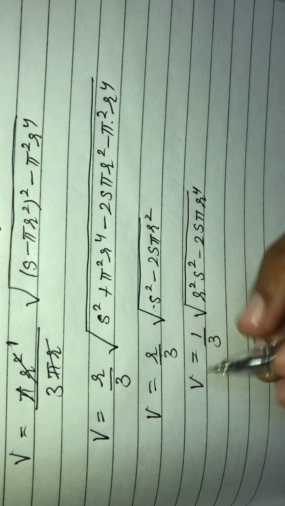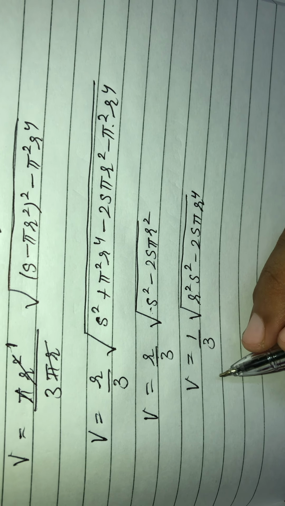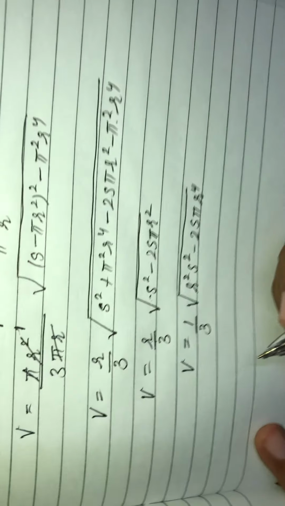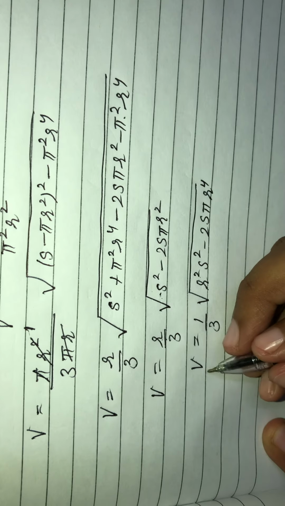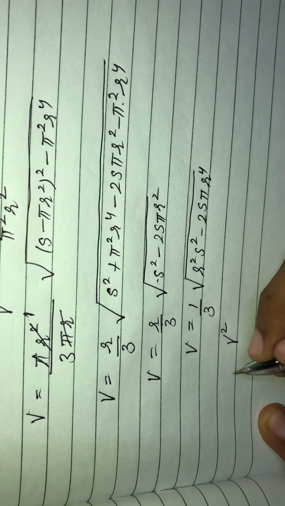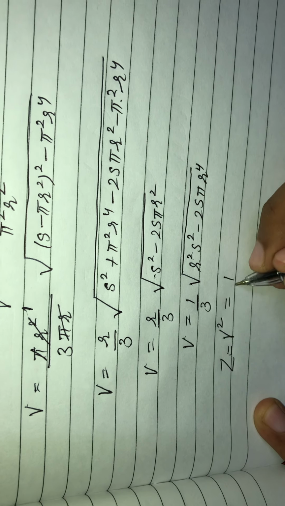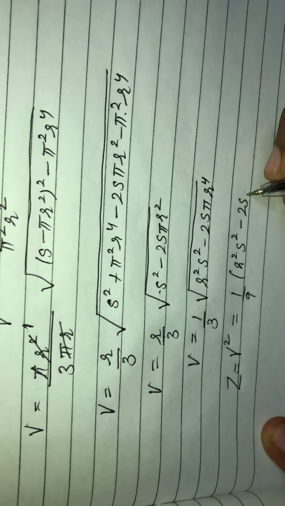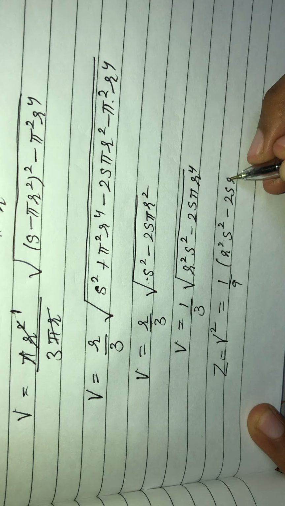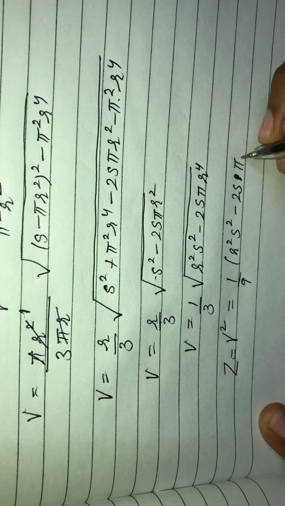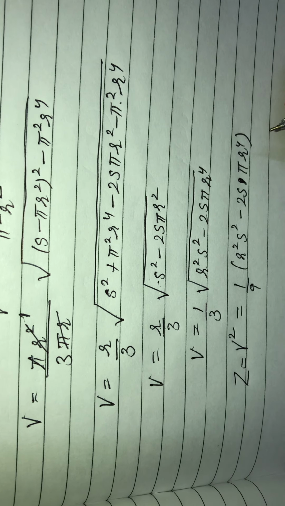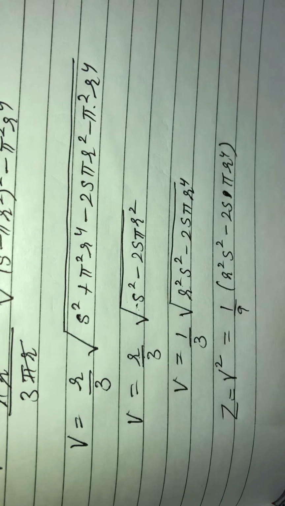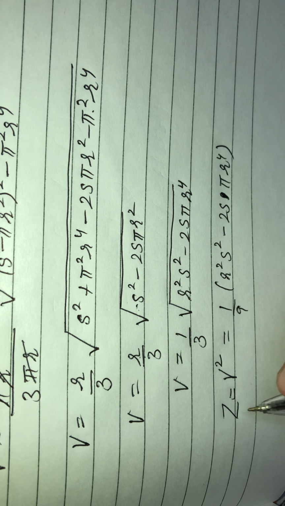So if v is this, now I want to take the first derivative, root is given. So what I can do is square both sides. Squaring both sides will help you. So v square, we can take this function as z. Now the function is 1 by 9. Now this will be easy for you. Even in the earlier questions, I have not taken that squaring both sides. It will help you to take the first derivative easily and the second derivative, because in the previous question, that second derivative is too complicated sometimes. So you can apply this way also. Now this is your z function.